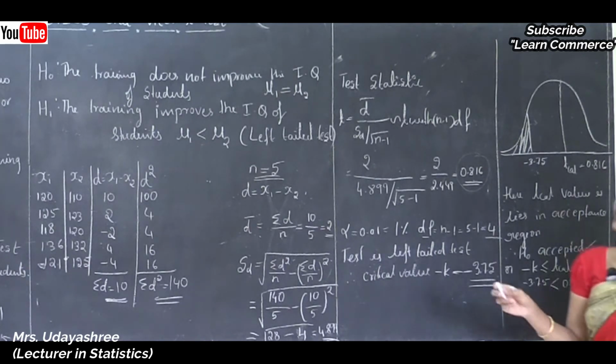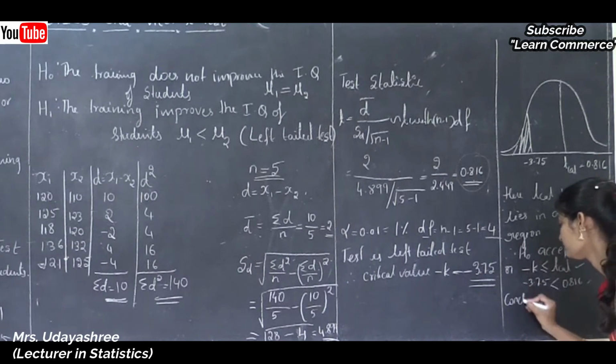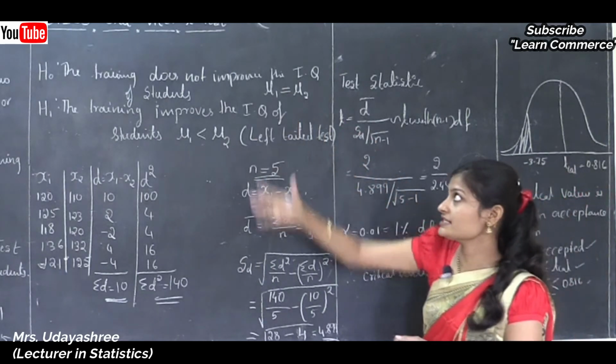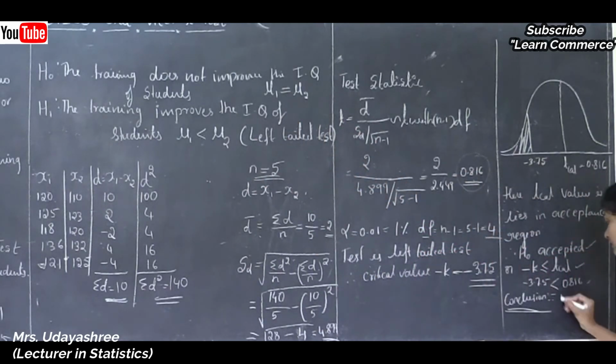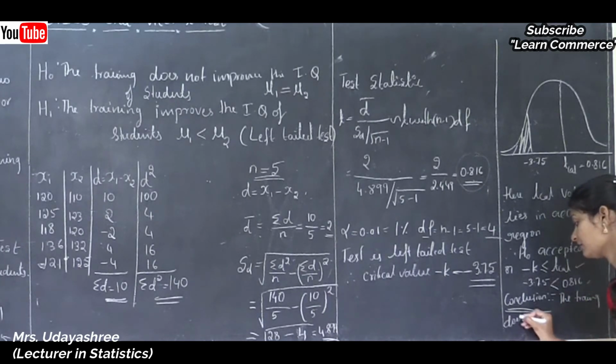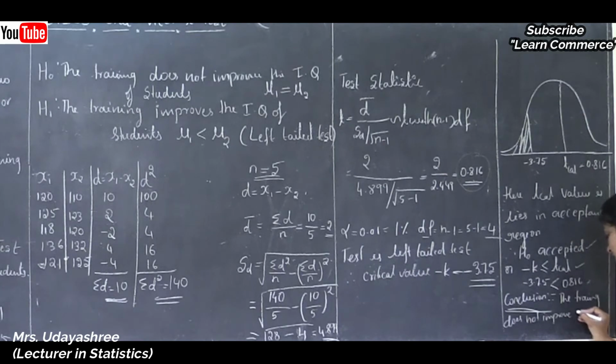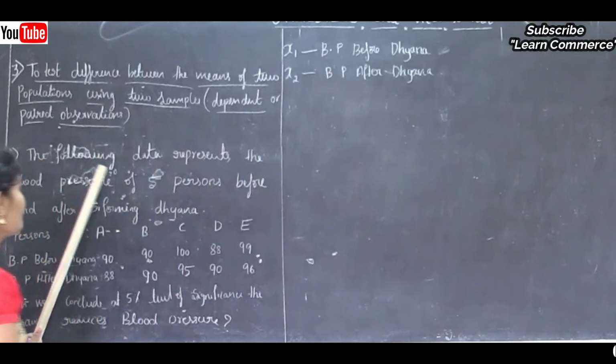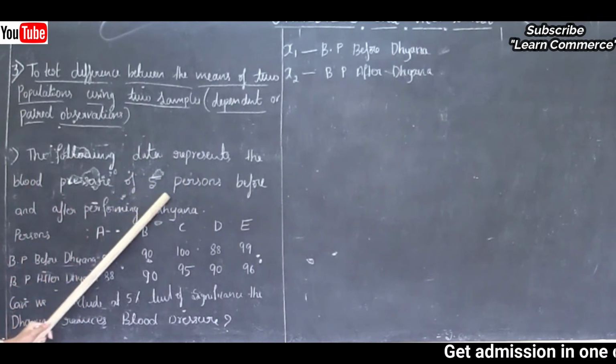If H naught is accepted, then the conclusion is the training does not improve the IQ of students. That we can say mu1 is equal to mu2. Okay. Next, move to problem number 2, that is: the following data represents the blood pressure of five persons before